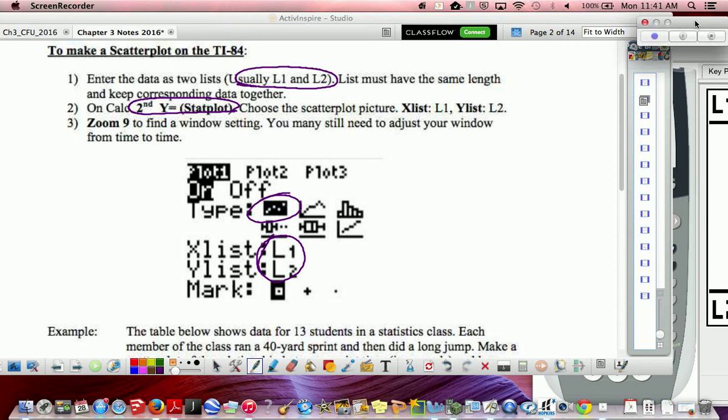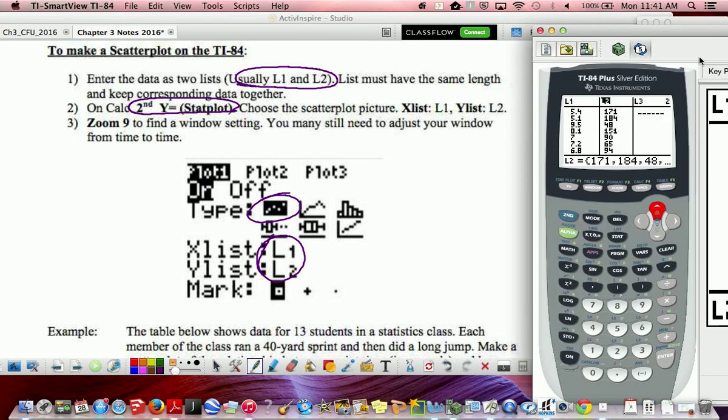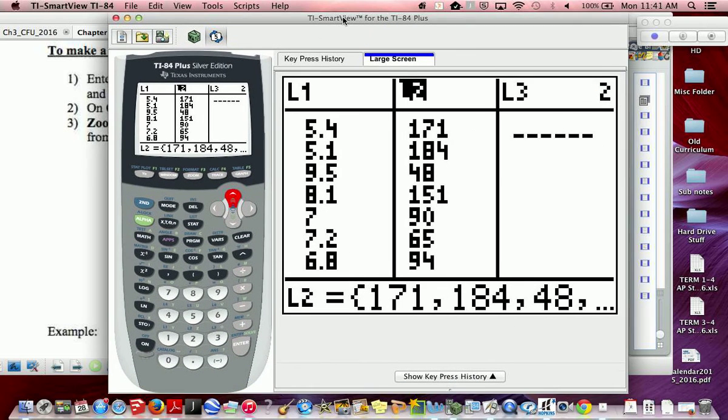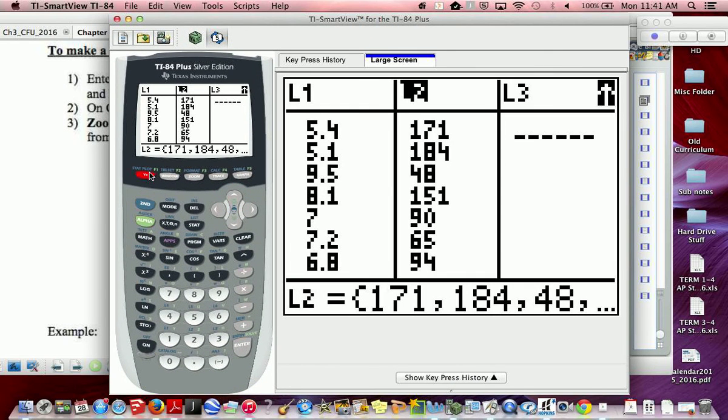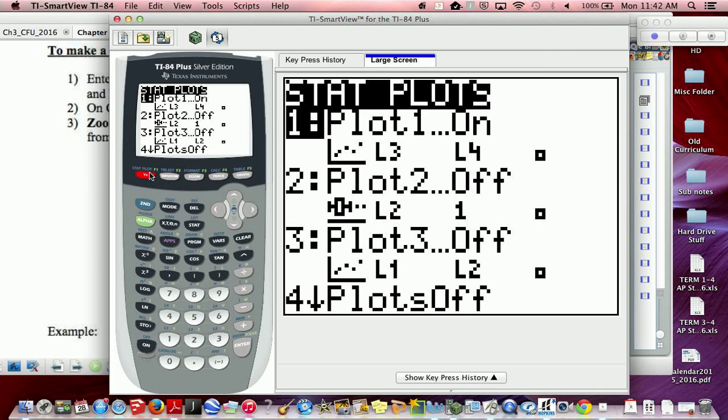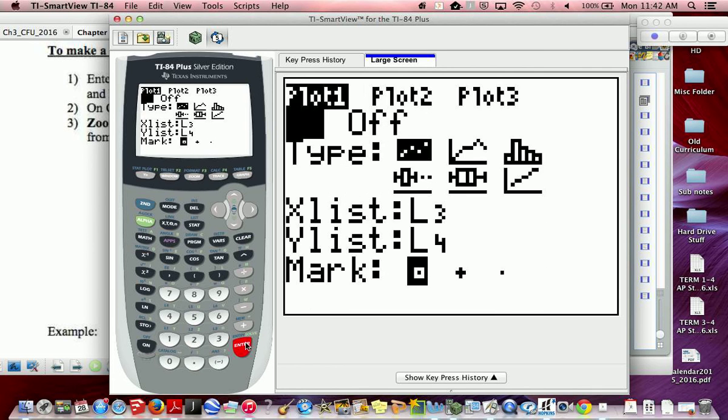So I grab my calculator here. If I go second y equals, stat plot. The other thing that's not mentioned, but make sure your other stat plots are off and only the first graph is actually on. So I'm going to turn it on, or it already was, scatter plot. I want list 1 and list 2. I had different lists in there. That can happen from time to time. Now, if I hit graph,